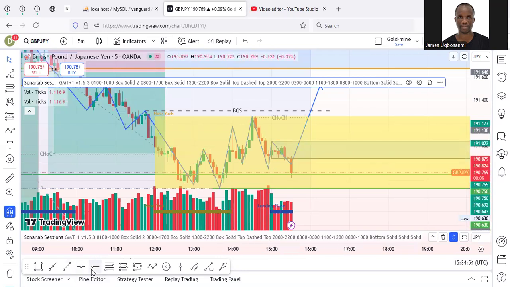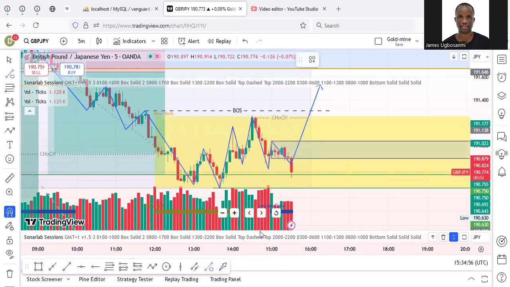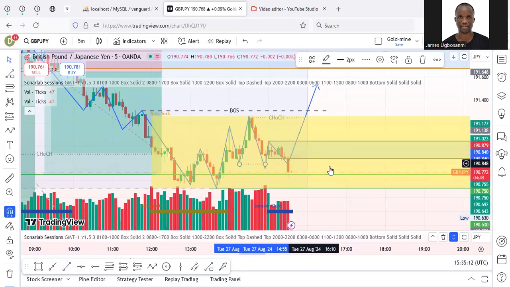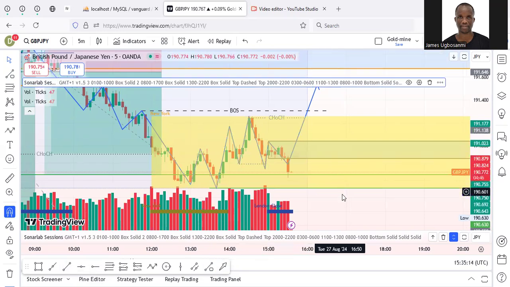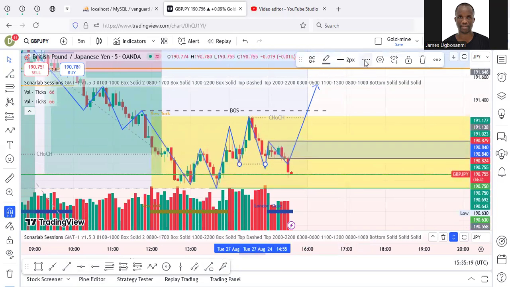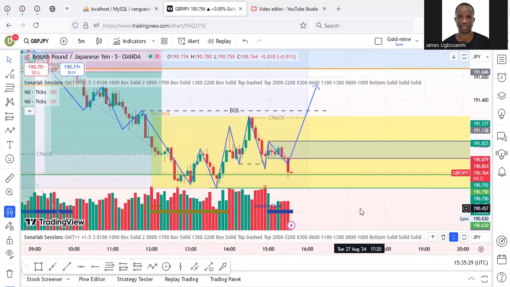Let me show you why I'm saying that. Now look at this low formed by the sellers, this low here. Are you seeing it? Look at that low, this one that I've marked here. Let me increase. Oh, it's too small. See,